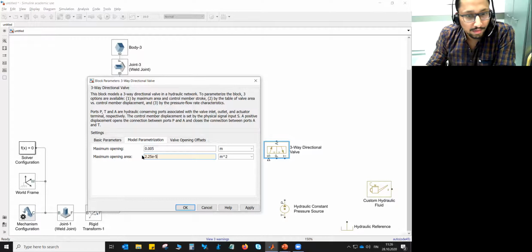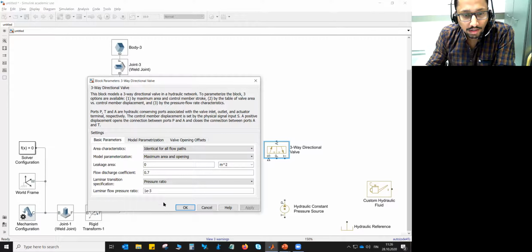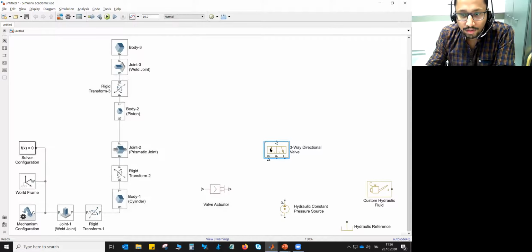These values are already given in my slides, so do not worry about it. And the valve opening offset will be 0 again because obviously we don't want any leakage. So we don't want any offset, and then press OK. So our directional control valve is fine.